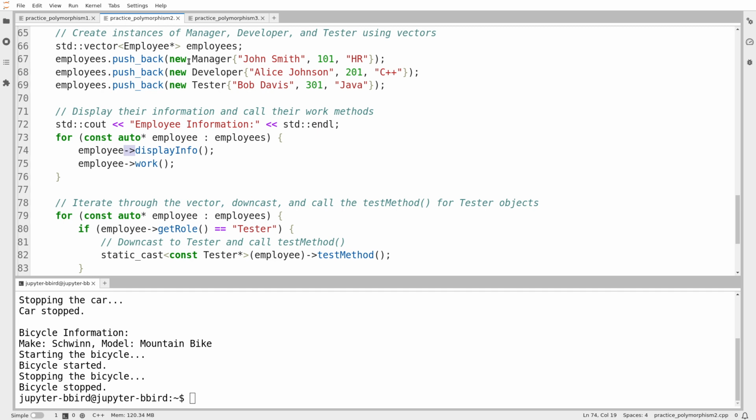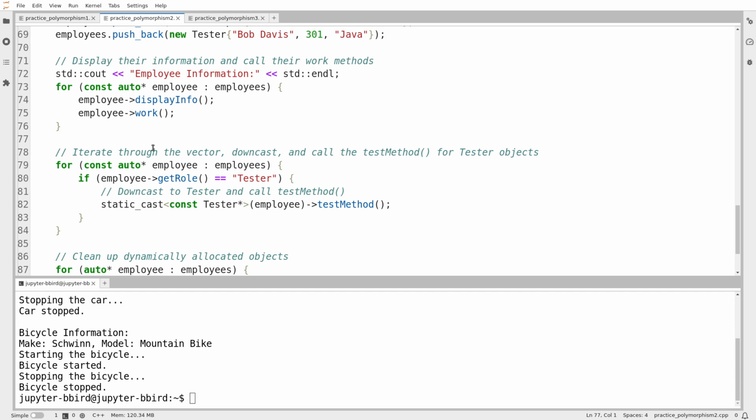Also notice that when I create objects of derived classes, so manager, developer, and tester, all of those descend from employee. So I'm allowed to take a pointer to manager and treat it as a pointer to employee. That is an implicit upcast. Okay, so then I iterate through the vector, I perform downcasts, and we can see here the const qualifier muddies it a bit, but you can sort of see what's happening. We're performing a downcast using an explicit cast, so static cast. And so I'm casting,